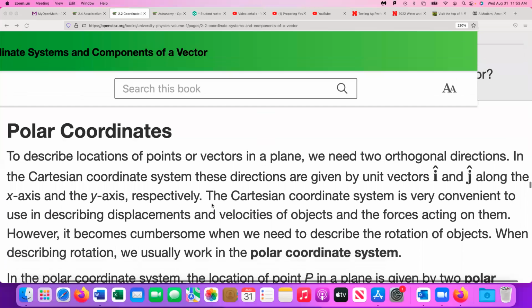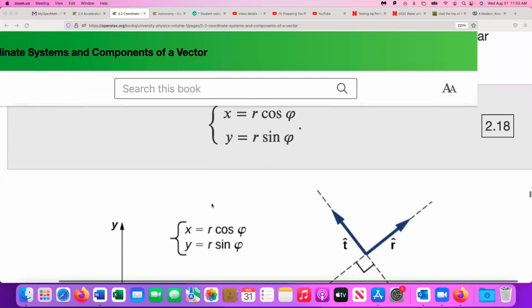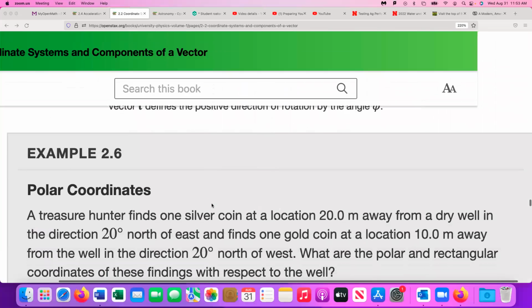All right, so that takes us to the section on polar coordinates, which we will have to save for next